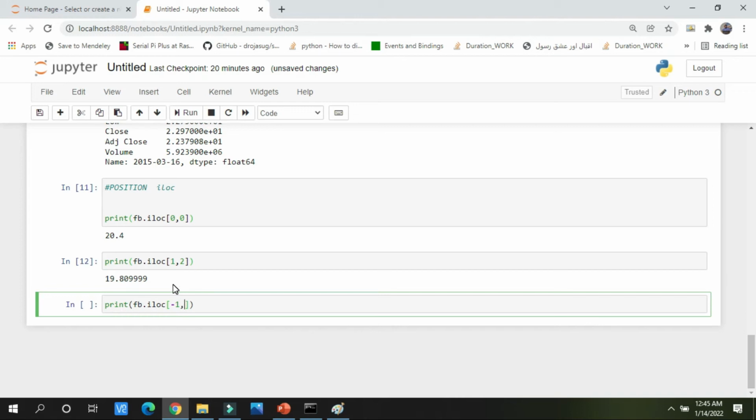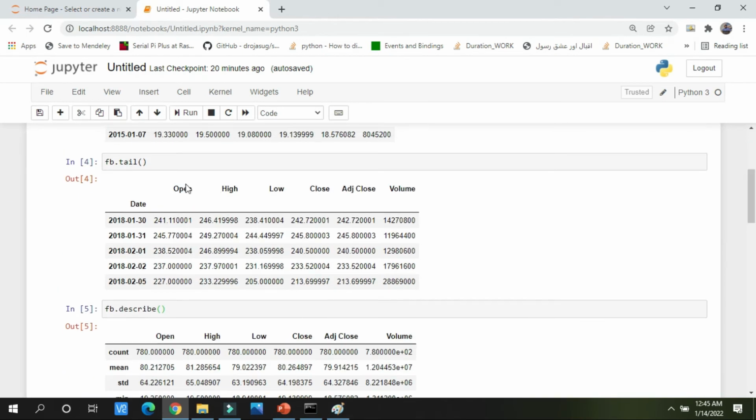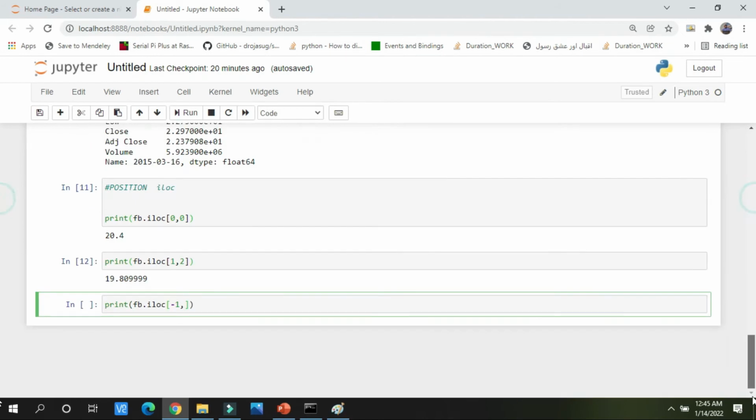He has asked to find the opening price, so what is the column number of open? The open is column 0. So we write 0 here and it will automatically show 227 as our answer.